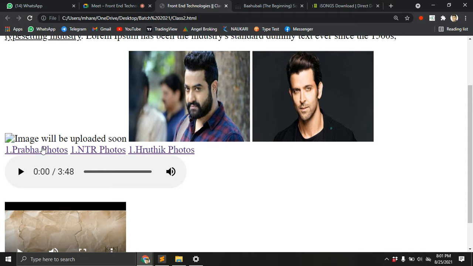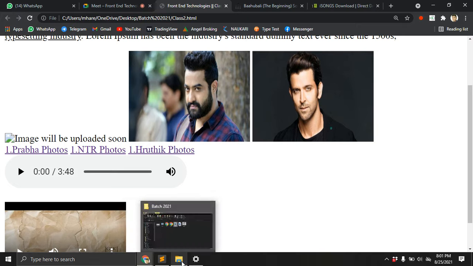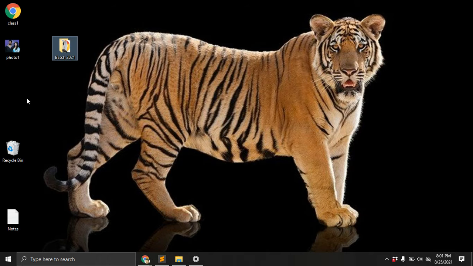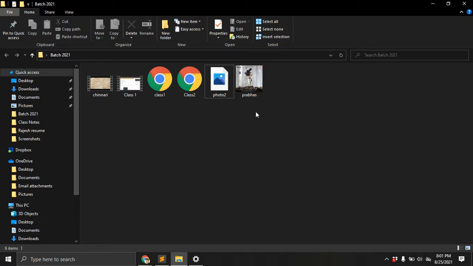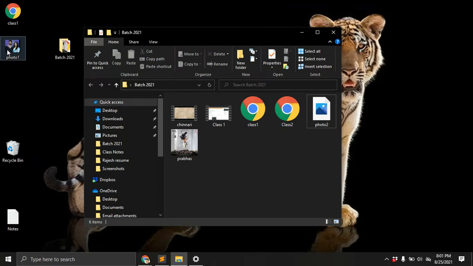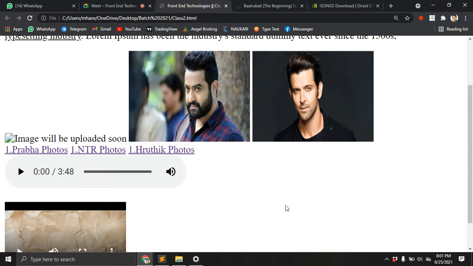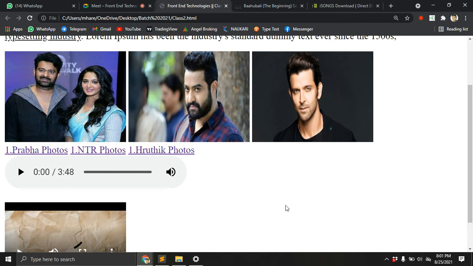Here there is an image, but it will not show. Why does it not show? Because the file is not in that particular folder. There is no file here, so you need to press Control X and drop it there. Just drag it. Let's see the browser, I'm not changing anything. Just refresh, and simply it will work.